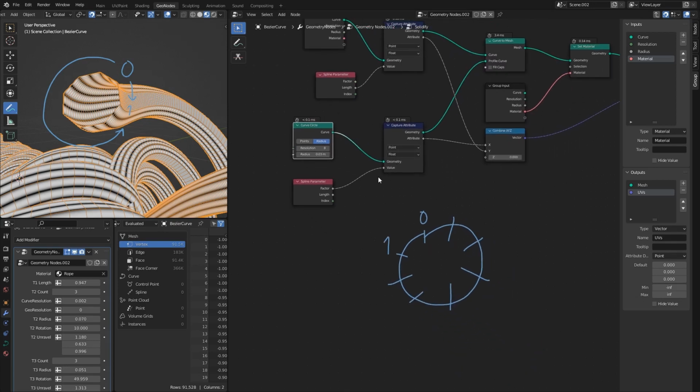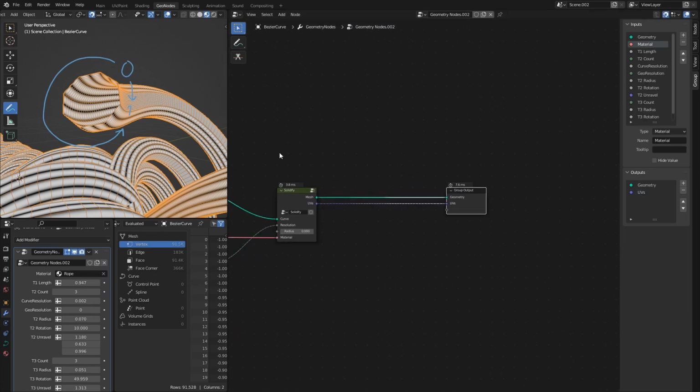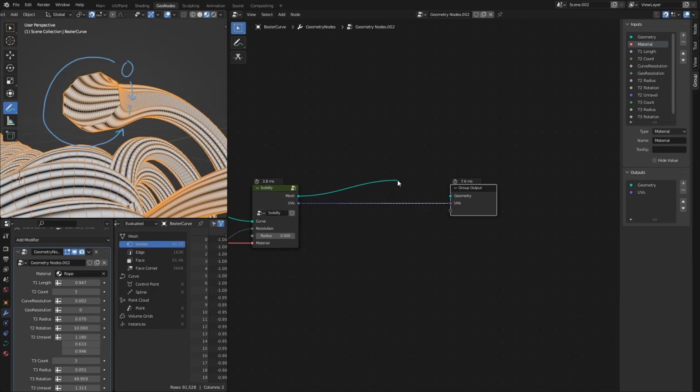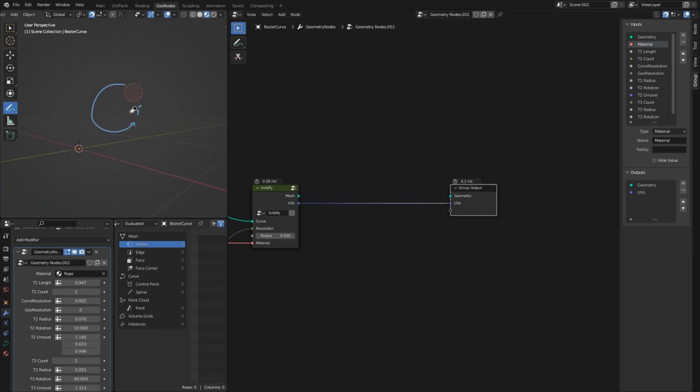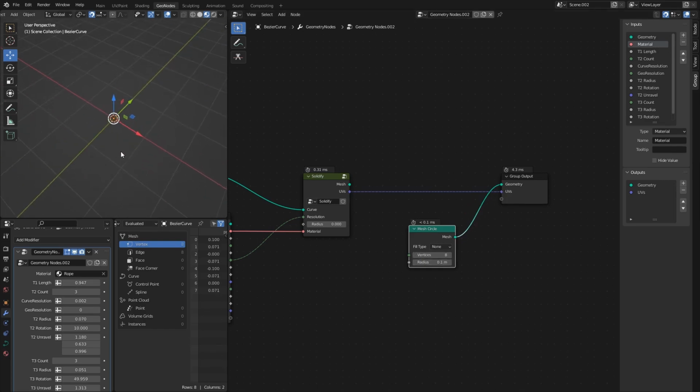So the closest thing to a fix that I have figured out for this is to, instead of using a curved circle, let me hop out of this node, just go into the output group. Temporarily I'm going to disable this output. I'm going to delete this. So just to illustrate the point, if I get a curved circle, if I set this to 8, radius to like 0.1 for example, the issue is that we have basically no overlapping vertices. We can fix this with a